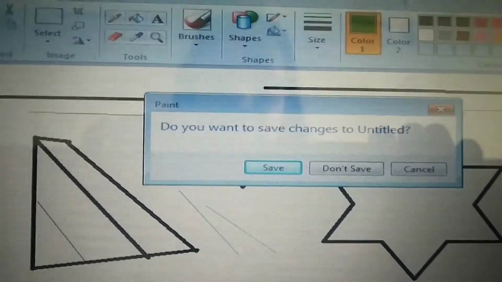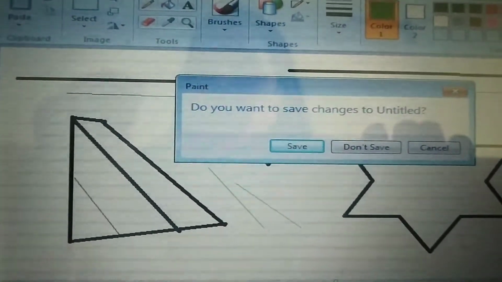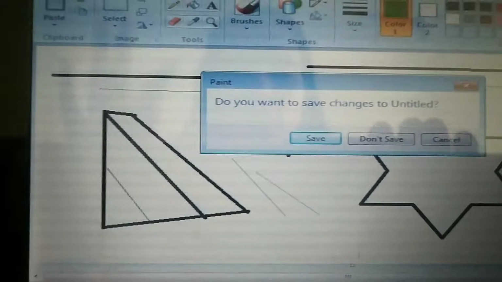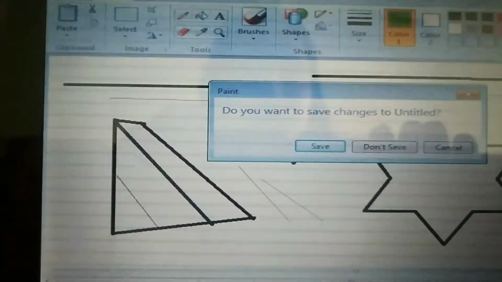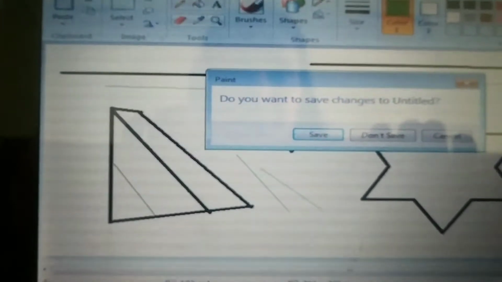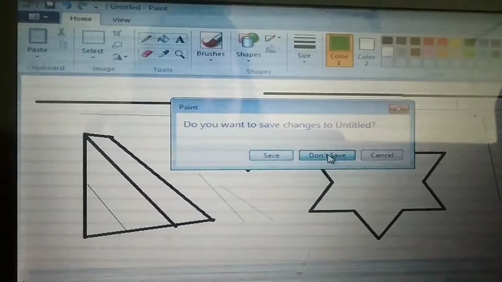And if you want to cancel, that means you don't want to do anything, you don't want to save, you just want to stay over here. You want to change something in this same drawing. So what can you do? You can do cancel. But right now I want to open a new window. So I have clicked on Don't Save. I don't want to save this. See. Now I have a new window.